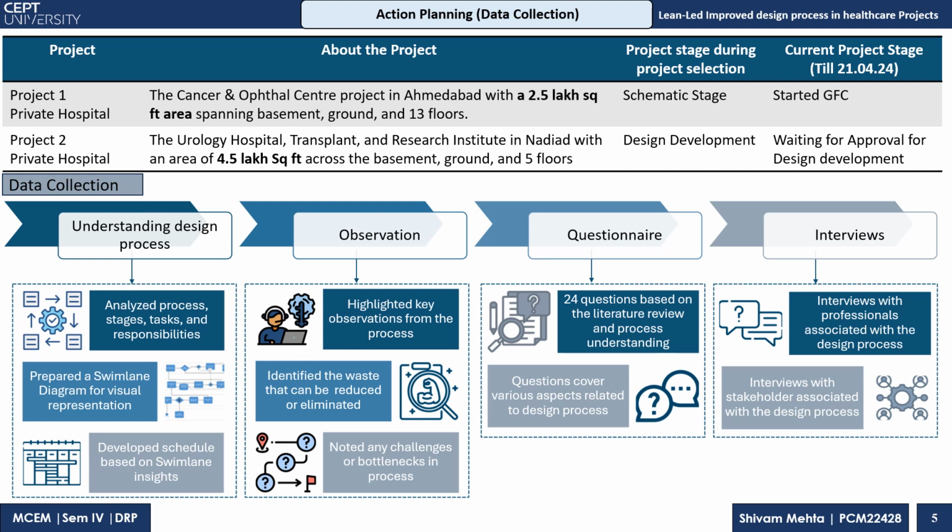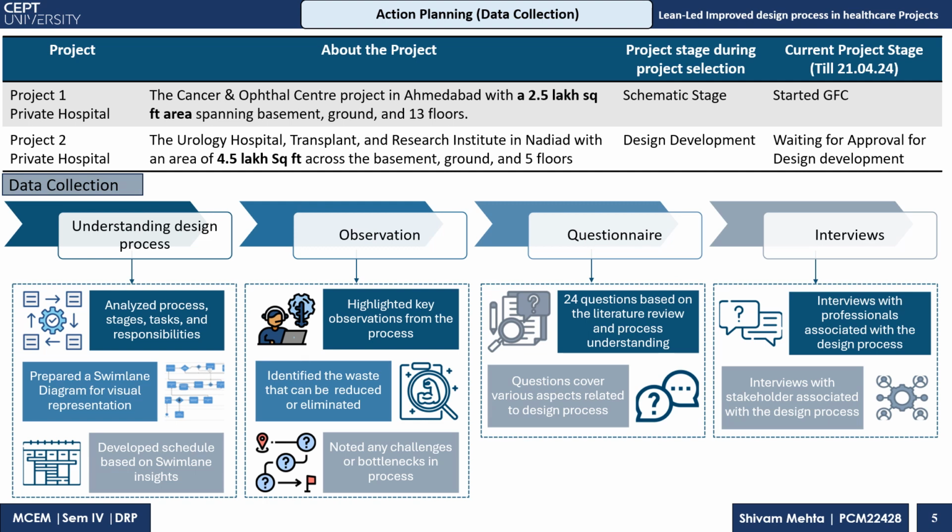Now for the action planning, the data collection: we selected two private projects. The first is the Cancer and Oncology Center in Ahmedabad with 2.5 lakh square feet of area with ground, basement, and 13th floor. When we selected the project, it was in schematic stage,